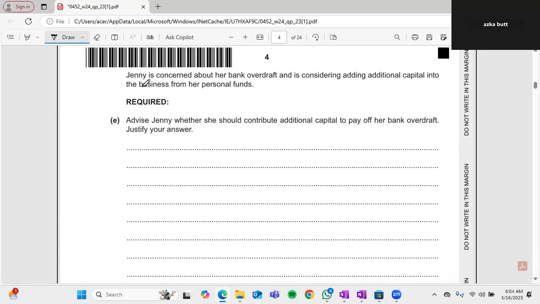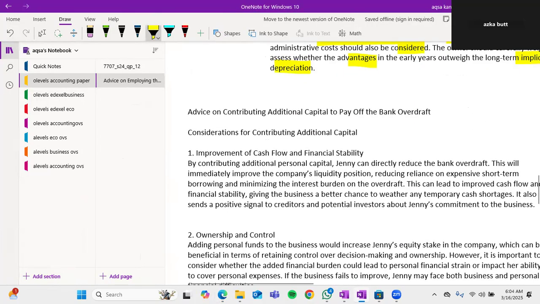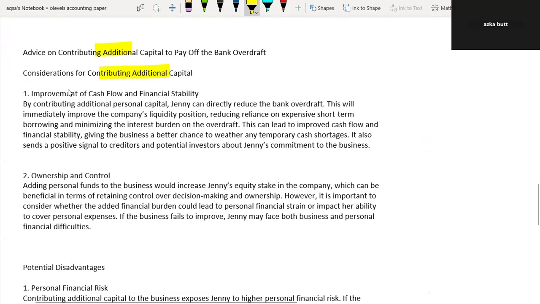Now let's see this question. Jenny is concerned about her bank overdraft and is considering adding additional capital into the business from her personal funds. Advise Jenny whether she should contribute additional capital to pay off her bank overdraft. Justify your answer. Okay. So, advise on contributing the additional capital. First of all, the first advantage of contributing additional capital